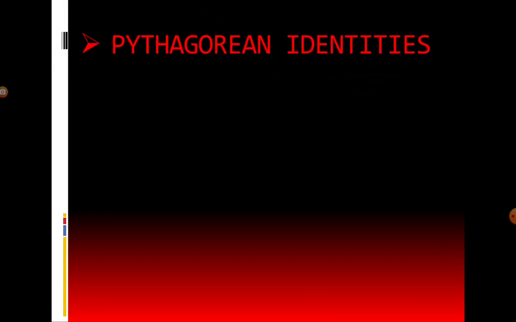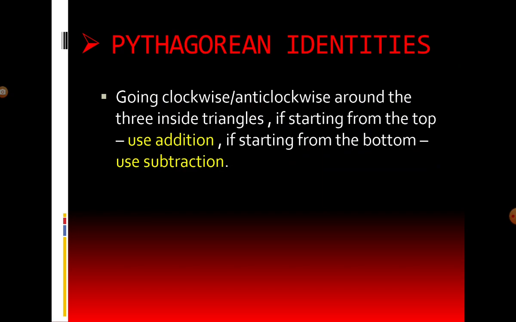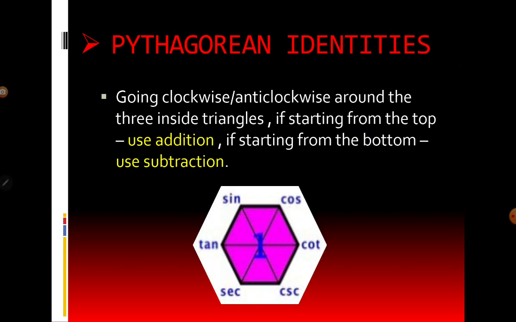Now we have our next identities, that is Pythagorean identities. Again we have our super hexagon. How can you draw it again? We have six corners, we'll join opposite corners, we'll get 3 diagonals, we'll keep 1 in the middle, and we'll write all the functions at the 6 corners. We'll start from tangent. So tangent, then sine, cos. Then we'll get all the C's on the right side and only secant is left, which we'll write here. So by using these, we'll get the Pythagorean identities.